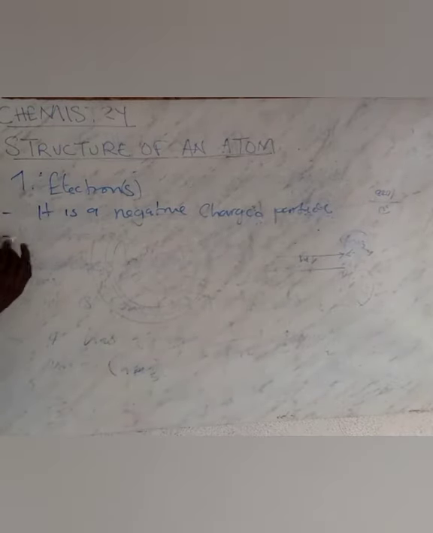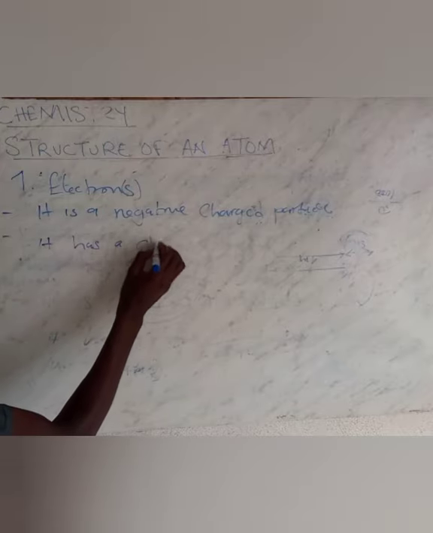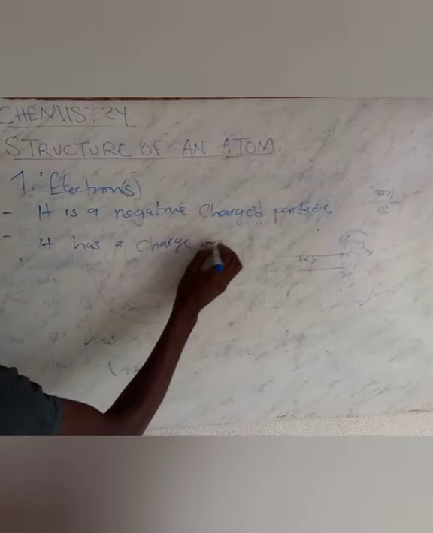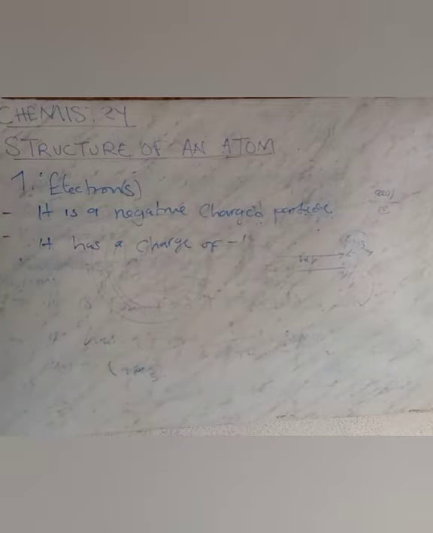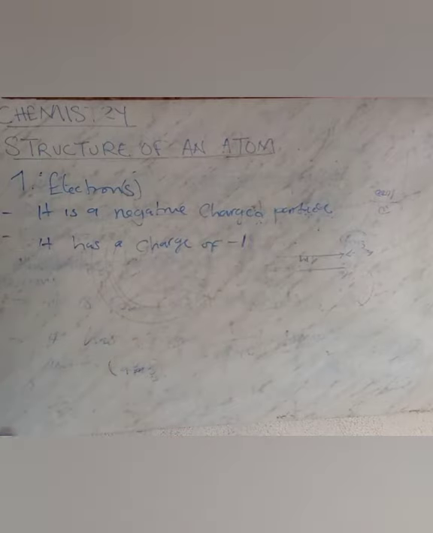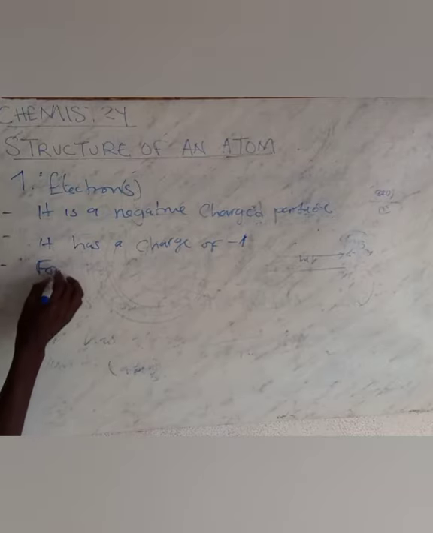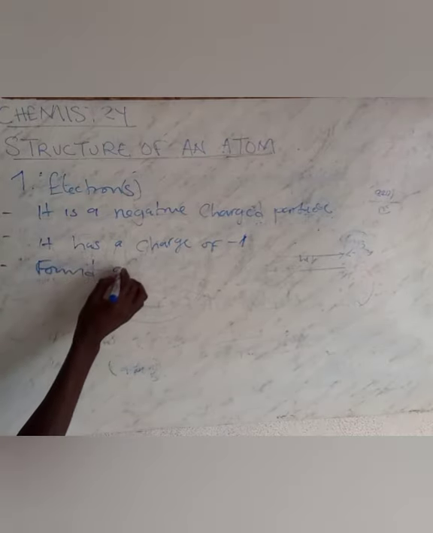Then it is also important for us to understand that since we are saying it is a negatively charged particle, it has a charge of -1. Because it is negatively charged, it is going to have a charge of -1. Now, it is also important that we take into consideration that these electrons are found around